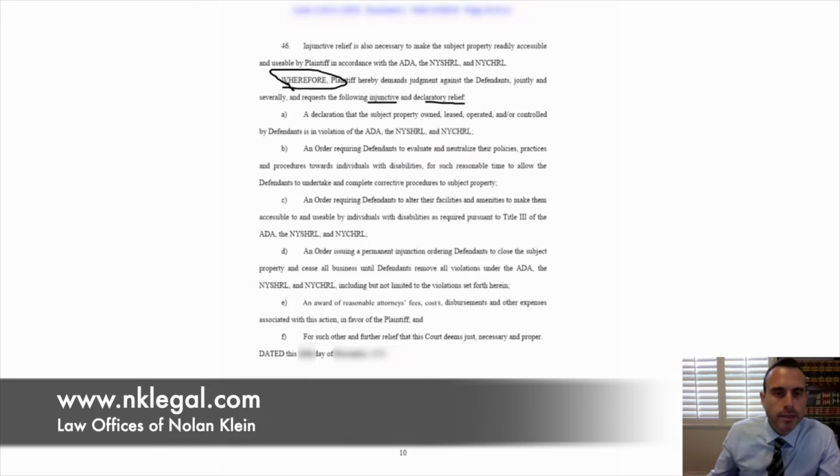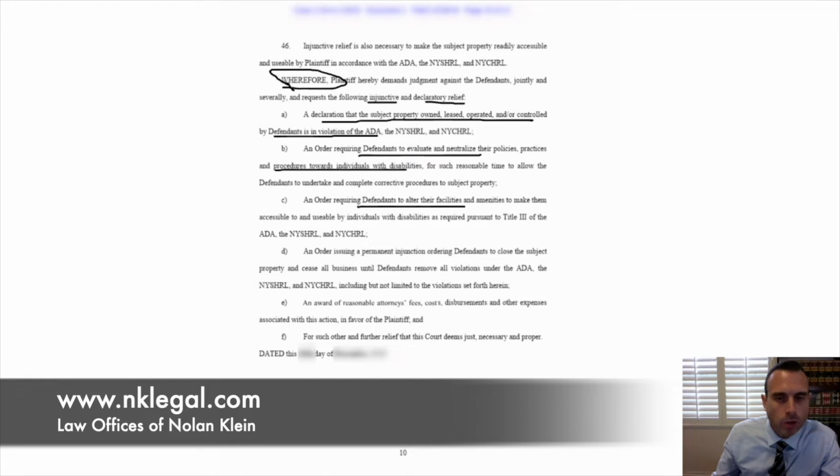So the plaintiff wants an injunction and declaratory relief, declaring that the property is owned and controlled by the defendants in violation of the ADA, requiring that the defendants evaluate and neutralize their policies, practices, and procedures toward disabled individuals, requiring them to alter their facilities and amenities to make them accessible and usable by individuals with disabilities, a permanent injunction